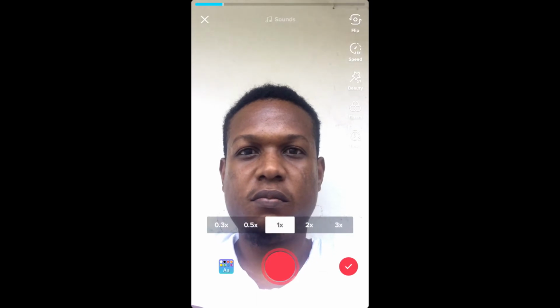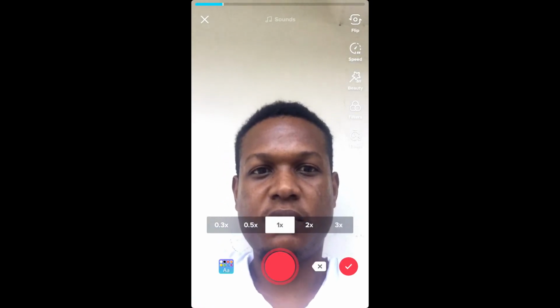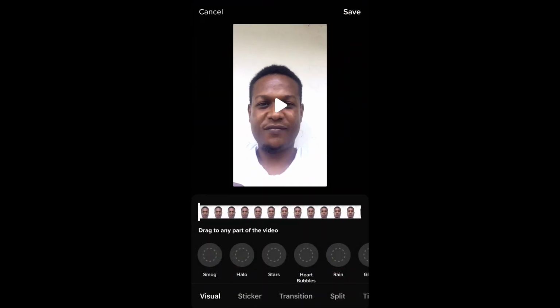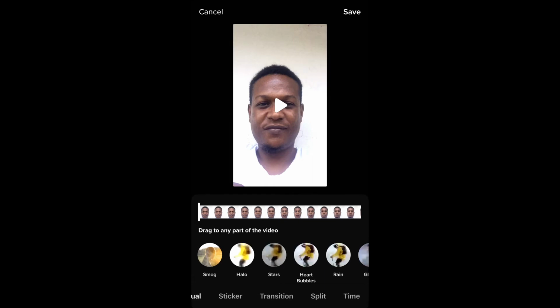After you've recorded the video now, you simply click on the tick on the bottom right hand corner. Then you're going to select effects at the bottom of the screen. Then you're going to select time right there. You'll drag it across and select time. Then you can select reverse,